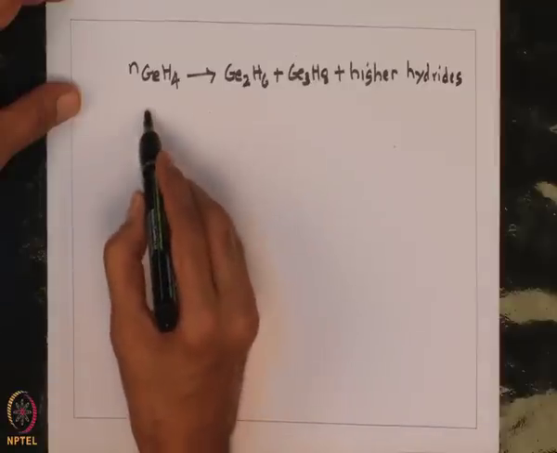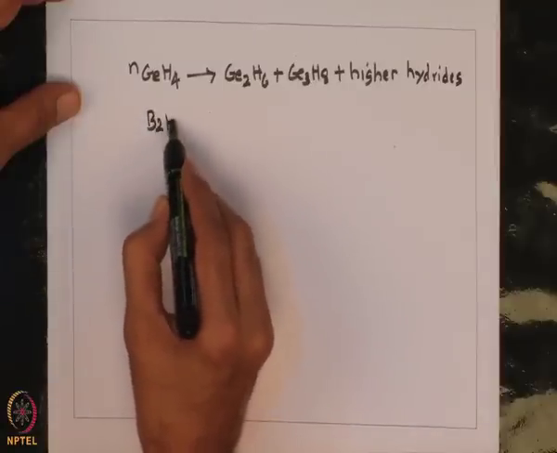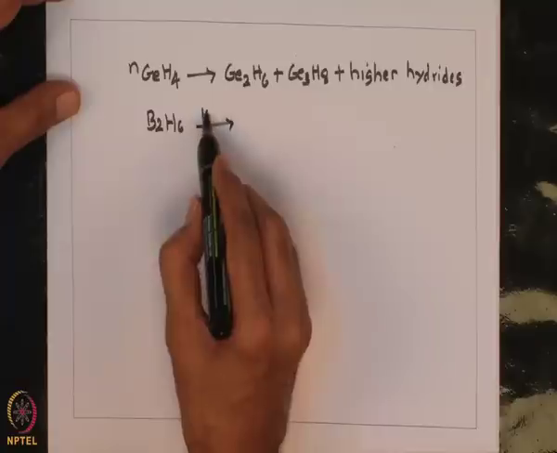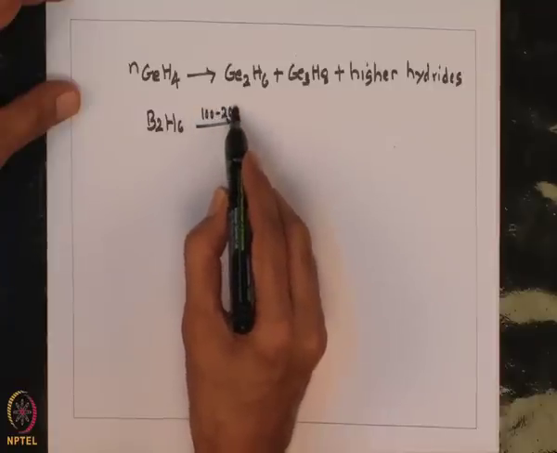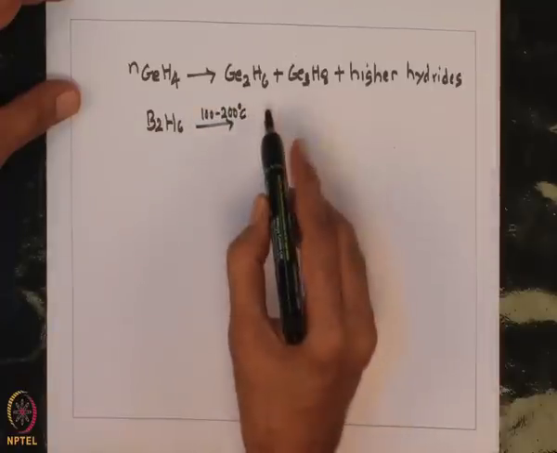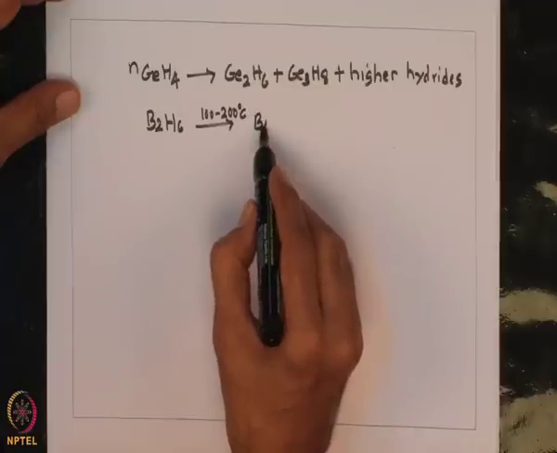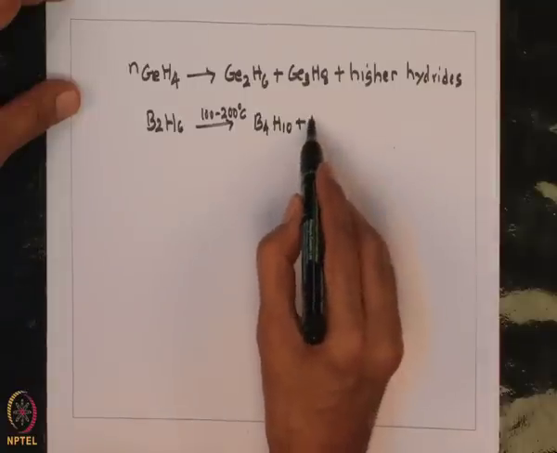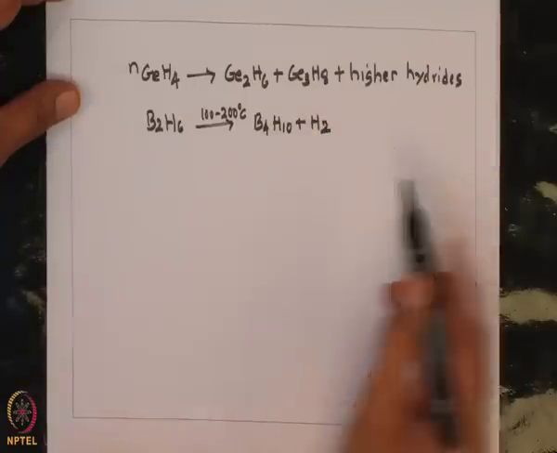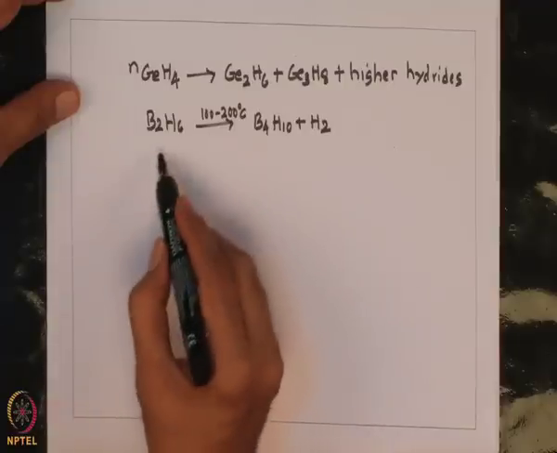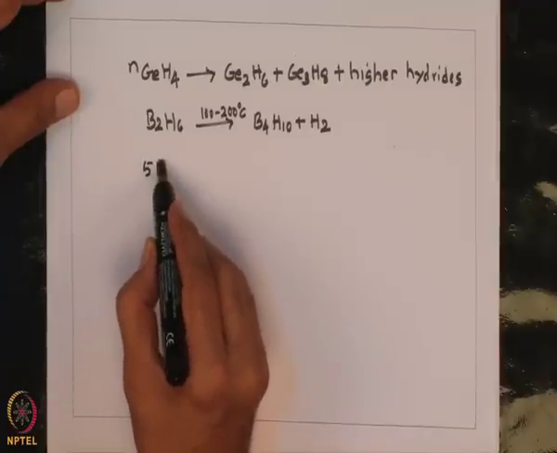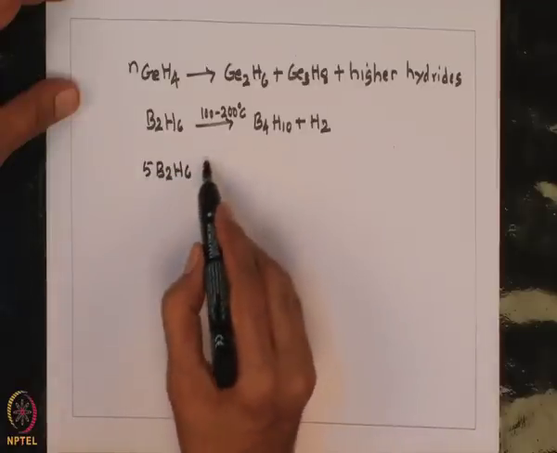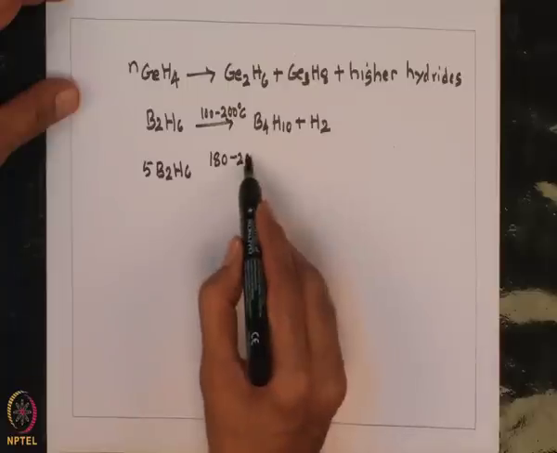Okay. Similarly, B2H6, when heated to a temperature of 100 to 200 degrees centigrade, forms B4H10 with the liberation of H2, hydrogen. Similarly, on heating B2H6 to a slightly higher temperature in the range of 180 to 220,